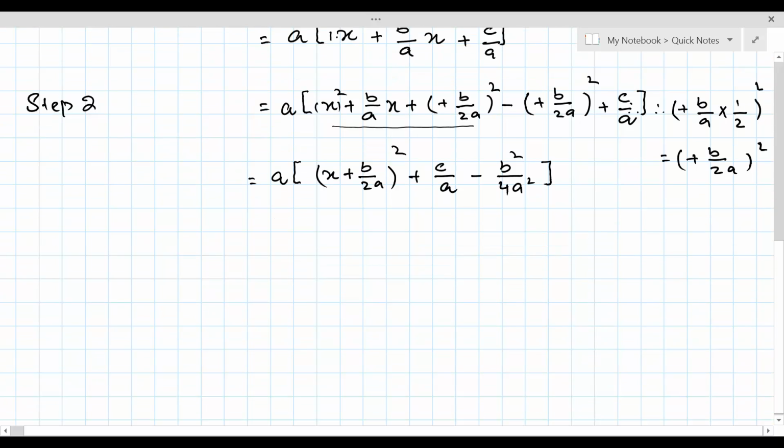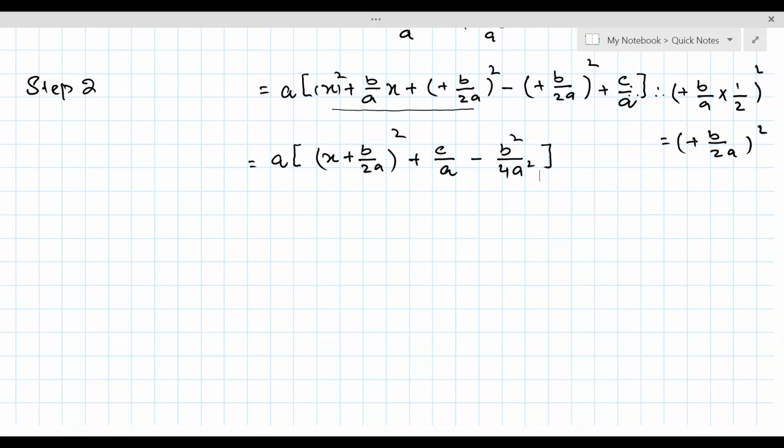This was our intention, to make a full square term, and we have done that. And now we are going to make the constant term after the square term. Let's do that. So a times x plus b over 2a